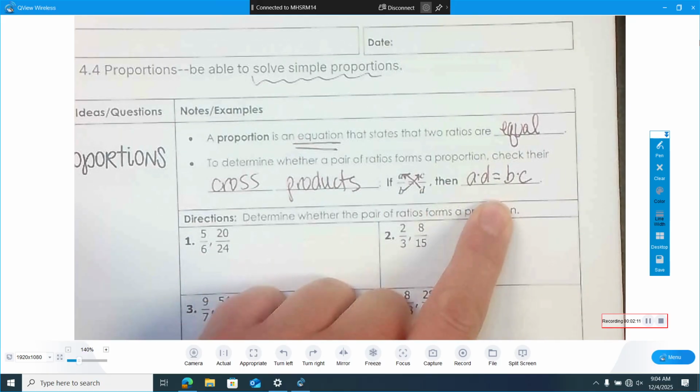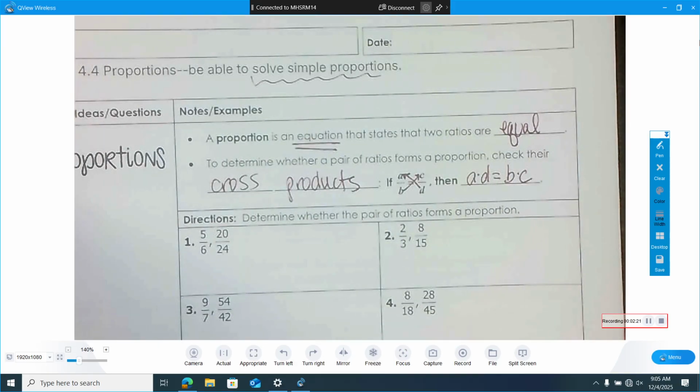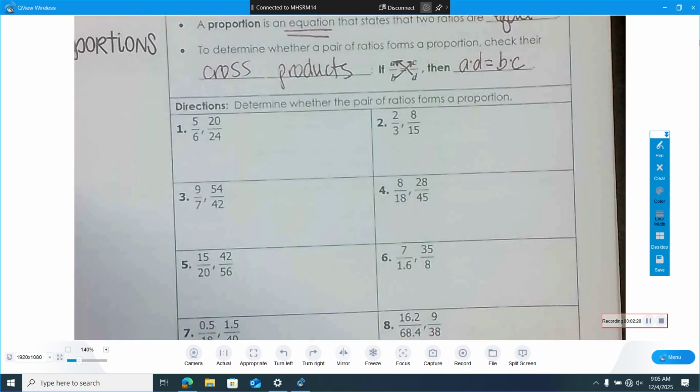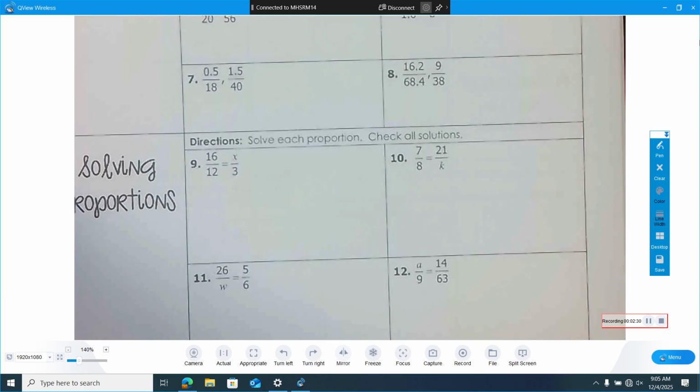And it's still an equation, and this is where kids get confused. You have a tendency to make it a fraction, but it's not. We want to make it an equation that we can solve really easily. And that's what we're doing today. We are just cross multiplying. It's a great strategy. We're going to skip all these first things. We're going to go right down here to